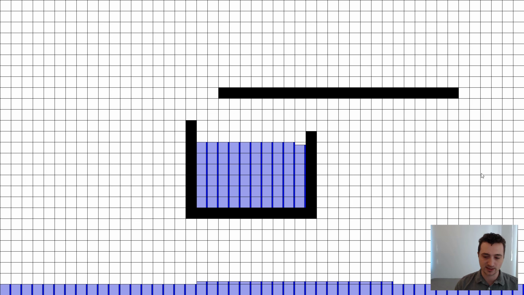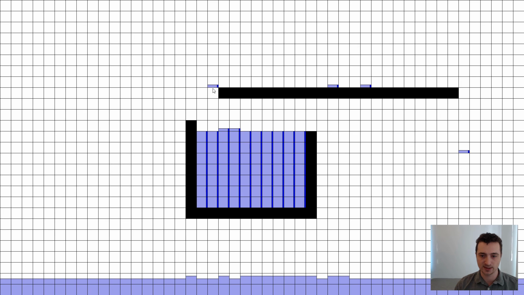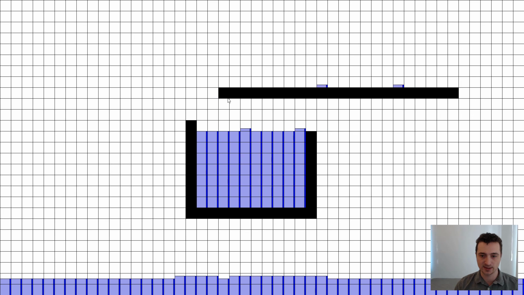So you can see the water fell from here and eventually found a stable state where it fell down on the side. So that's one thing that you can do, but what you end up with is this traveling water on the top layer. And that may not be a problem with whatever game you're building,